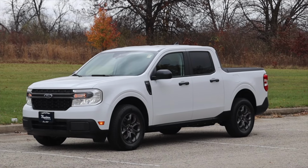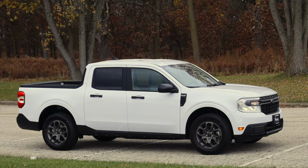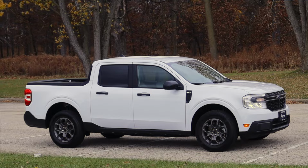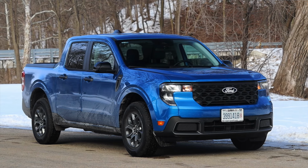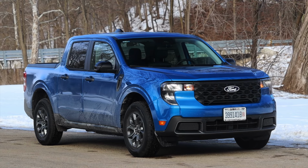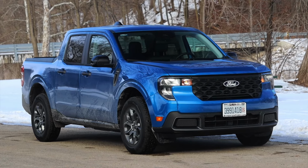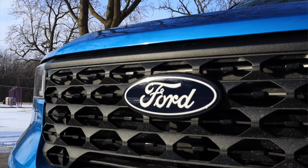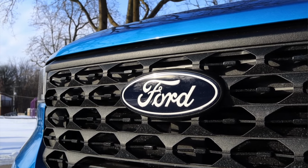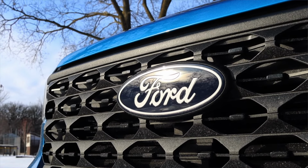All of the other ones had been bought up. And actually, as of the making of this video, there is a stop sale on the 2024 Ford Maverick because of a backup camera glitch. So if he wanted a Maverick that day, he had to get the 2025, and he's glad that he did. This truck is great, and that's why I'm so happy to see it getting refreshed and getting the care that it deserves from Ford. Not only is it a visual update, but it's also a mental showing of Ford giving effort and committing